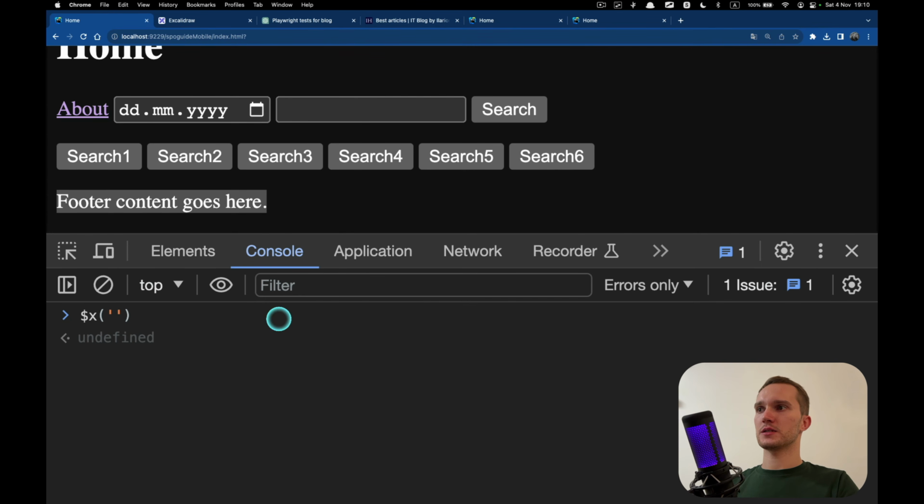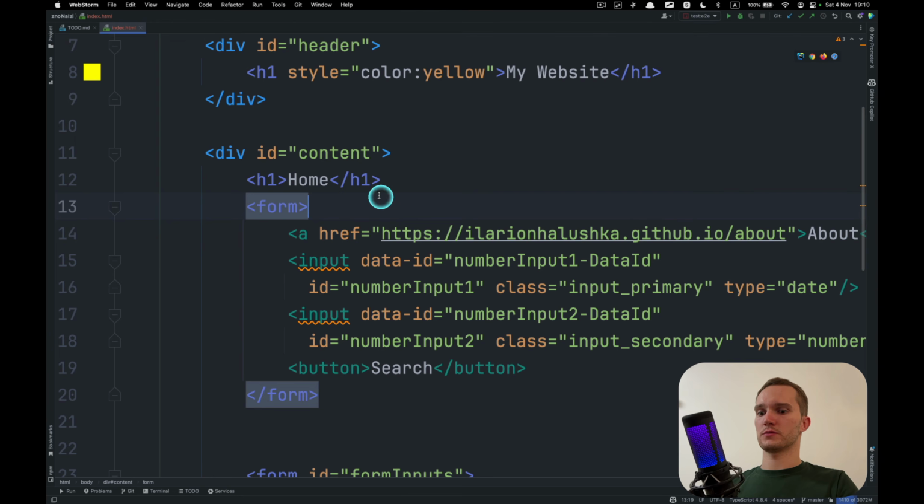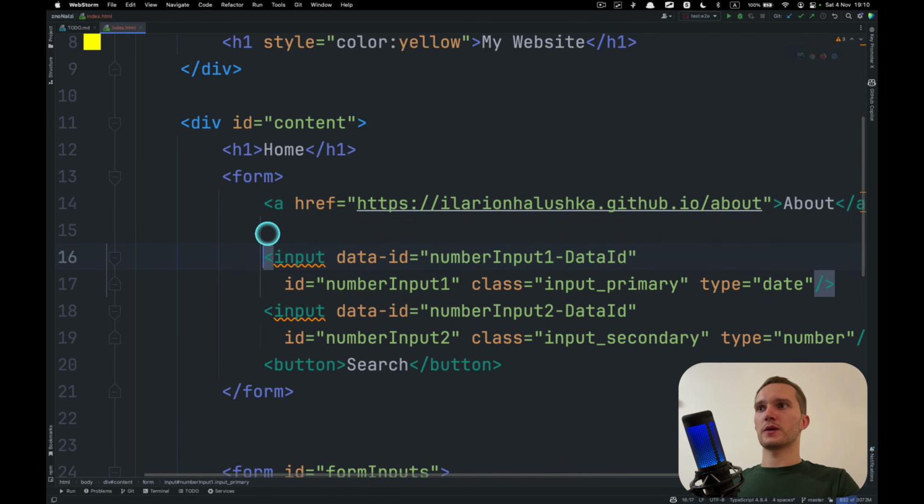And second is, okay, let's say we just located this element, text about. Let's check what we have on this tree. Okay, so this is the link that we have.